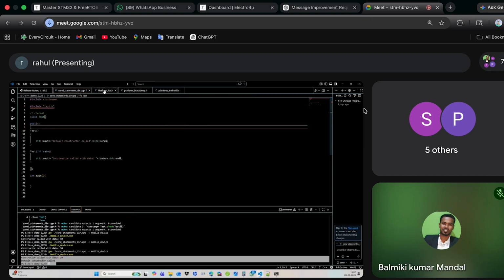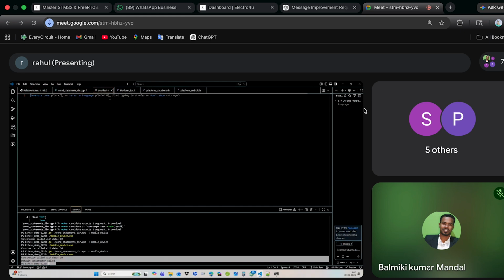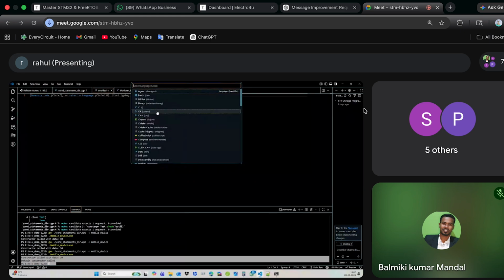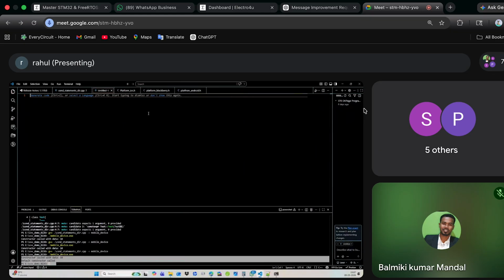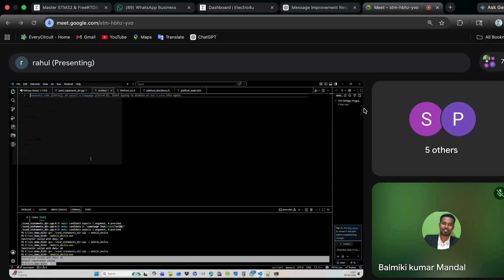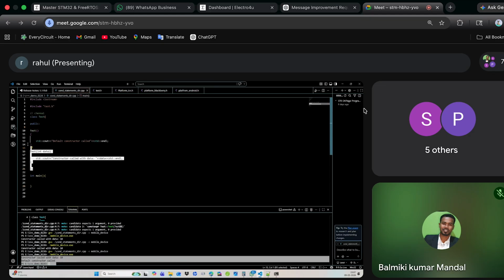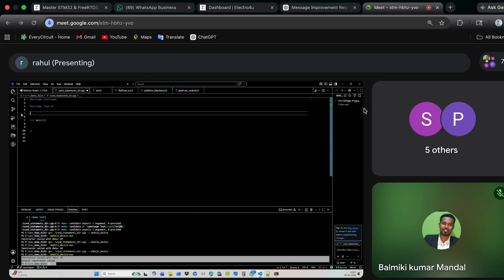I don't need these files. I've created another file, selecting the language C++, Test.h. Here, what I'm going to do is move this class into a header file.